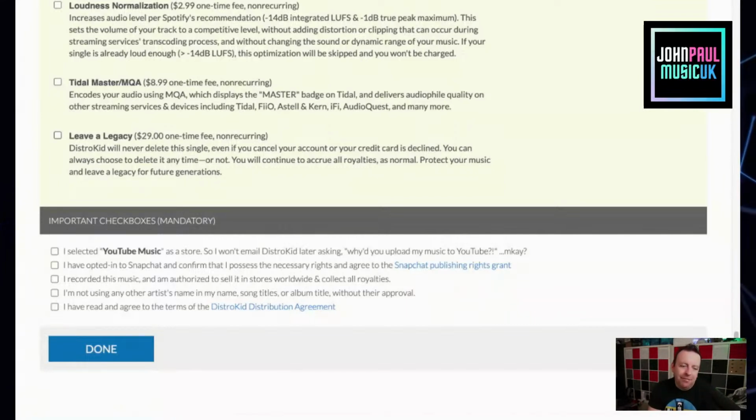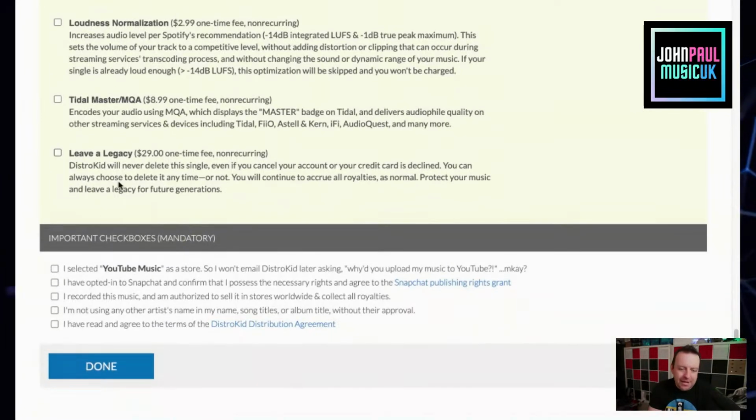This is a touchy subject, but this is basically leaving stuff for your loved ones. Let's say you release stuff and then you're never going to release stuff on DistroKid ever again. You could leave a legacy and you can actually leave it there. They won't take it down. And then if you're getting loads of royalties from it and you are then no longer here, you can leave a legacy for your future generations and then obviously give them the money if you're no longer around. It's a bit of a touchy, weird subject, but